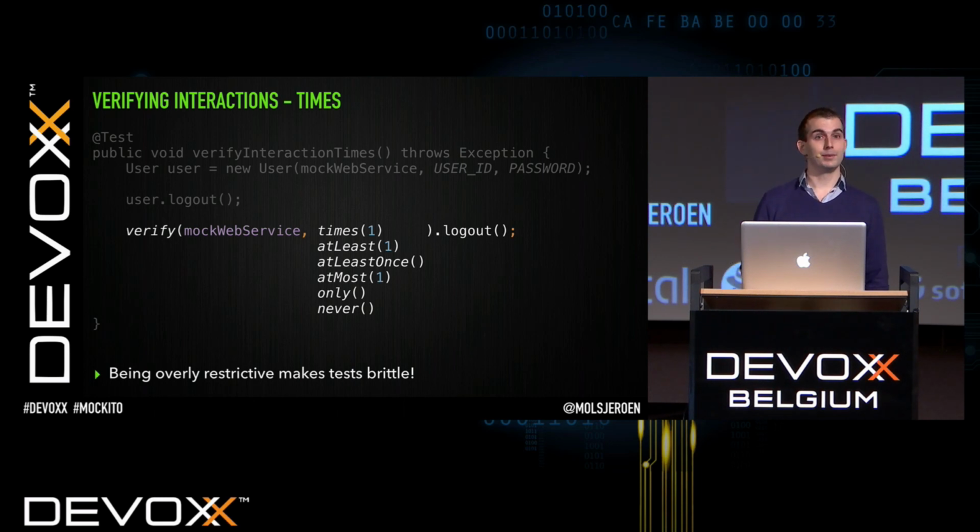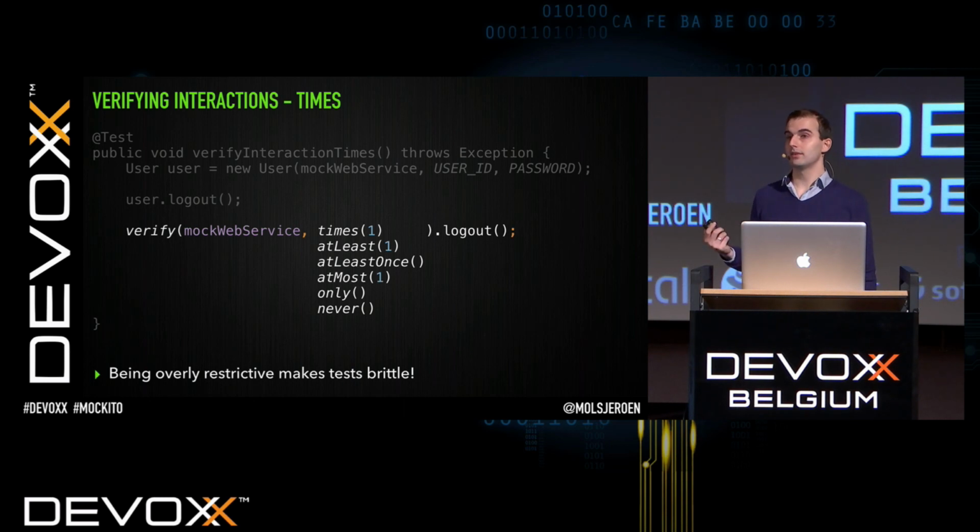And why is that? Because in reality, you're not going to have one login test. You may have 10 or 20 login tests. Login with user ID null, login with invalid user ID, login with correct user ID, login with password null, and so on and so on. So you're going to have a test for all of those cases. And should you also explicitly add the case, never call logout, to all of those tests, well, what's going to happen then is, if you later do decide to allow this, for instance, you're adding wearable support to your app, like Android Wear,